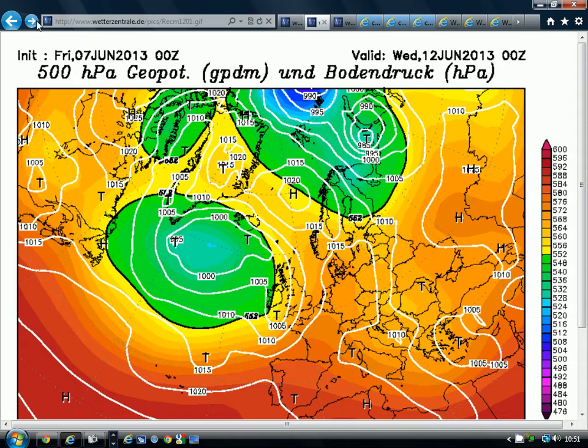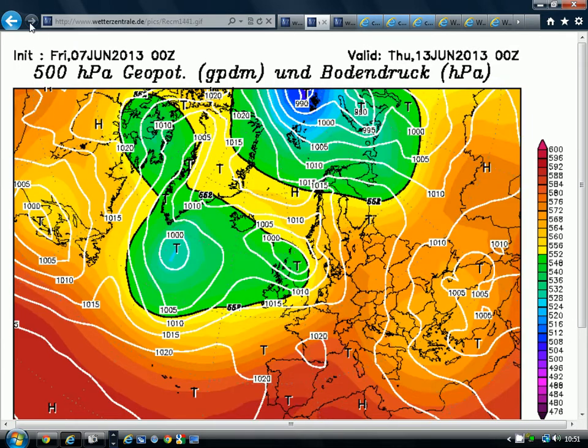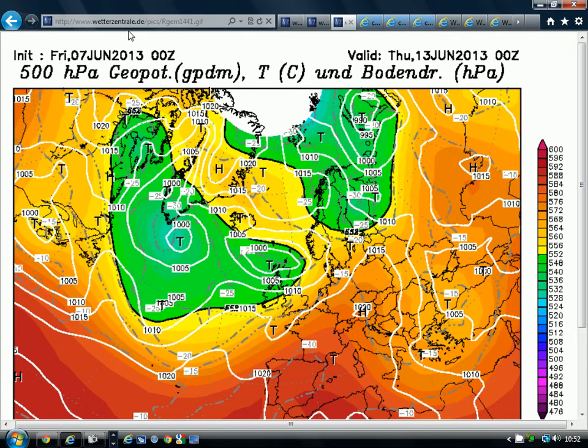Now, the ECMWF doesn't really go for this as much. This is the chart for Wednesday. The low pressure is running in off the Atlantic, pushing up against that high pressure to the east. As we go through 24 hours, we find that low pressure has really just pushed through across the country. It hasn't pushed up to the north of Scotland. Consequently, we haven't pulled up the heat and humidity from France. So the ECMWF doesn't really go for a thundery sort of breakdown through the middle of next week, and neither